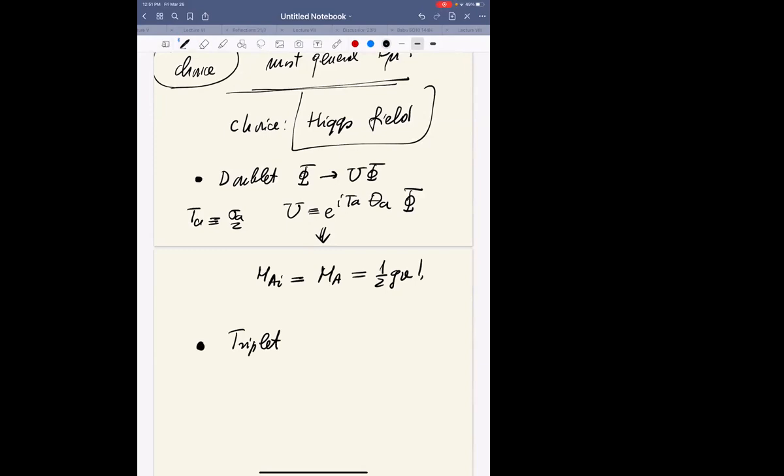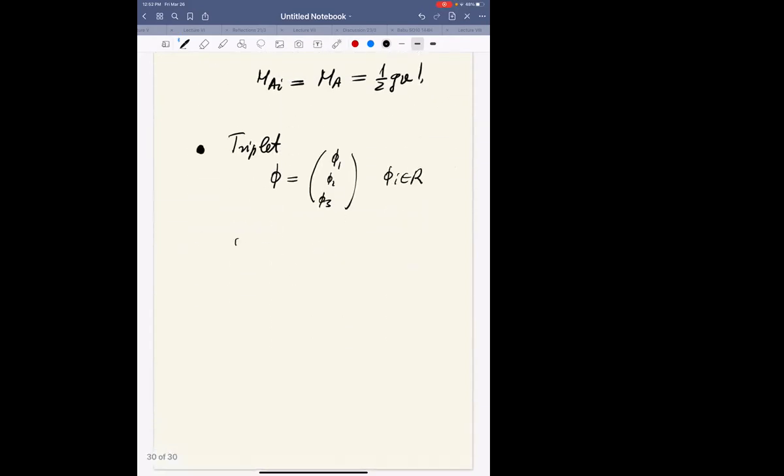After all, the SU(2) algebra is like SO(3). So I can choose some triplet. Now it's a real scalar, whereas phi was complex. So I could call it phi1, phi2, phi3, you agree? Phi_i are real. This is a triplet representation. Phi goes into U